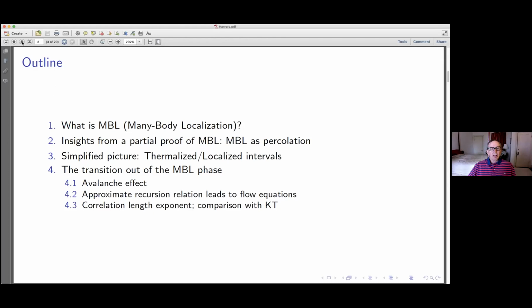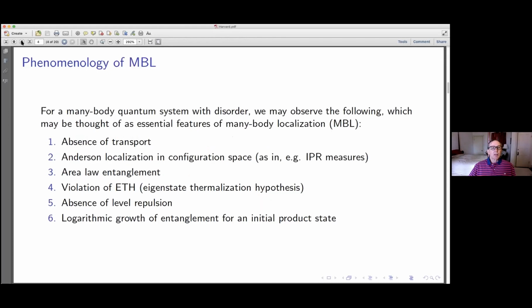All right, so let me begin then with talking about the phenomenology of many-body localization. So what are we talking about? We're having a many-body quantum system like a spin chain with disorder, so quenched disorder. Here are some features that we may observe, which I would like to think of as the essential features of an MBL system. Firstly, you have absence of transport, very much like what you have in an Anderson localized problem,